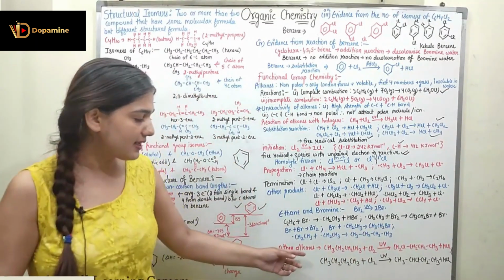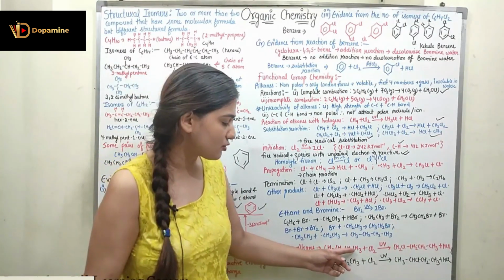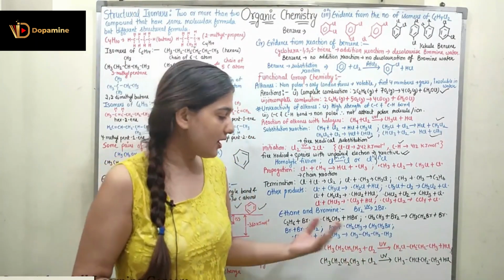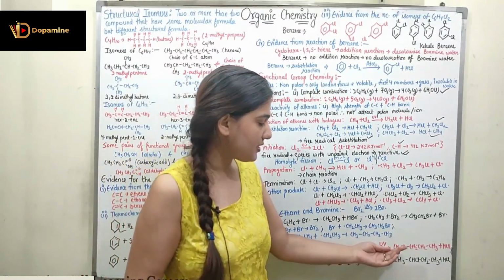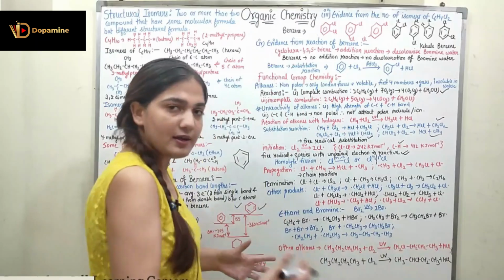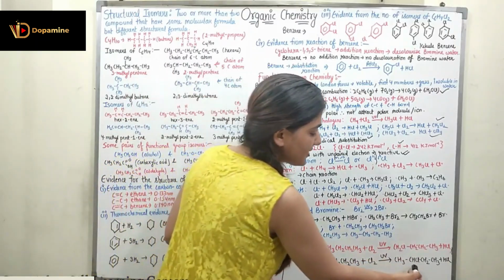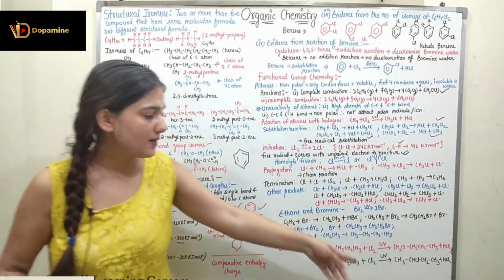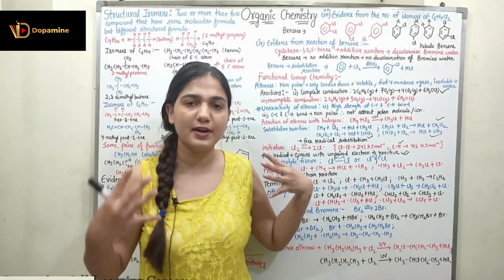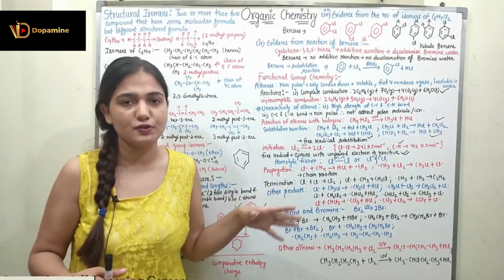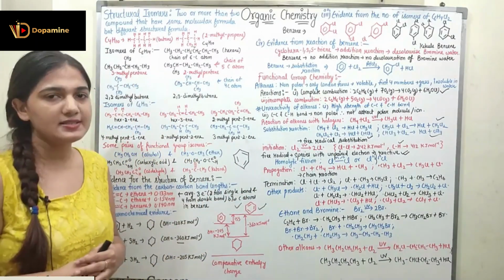We can have other alkanes as well, CH3CH2CH2CH3 plus Cl2. It can undergo reaction under UV light to form CH2Cl-CH2CH2CH3 plus HCl, or we can form the isomer as well, CH3-CHCl-CH2CH3. So these are two isomers that can be formed. When undergoing the substitution reaction, we can generate any of the isomers. I hope you understood all of the things. Thank you so much.